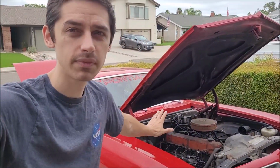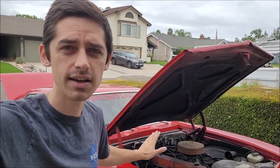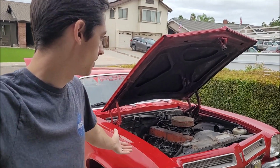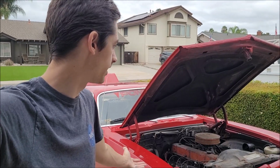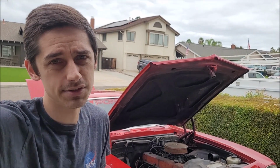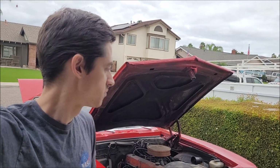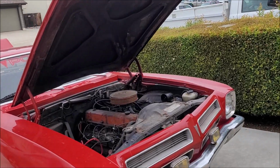This car, I want affordable. I want more bolt-in. I don't want to be messing with a whole lot of stuff. It's not going to be super fancy. I'm not going to be taking this to the racetrack regularly. Maybe later on, if it has a more powerful engine, it could be fun to take it to the strip or something, just to see what it'll do. But it's not a priority. I mainly want to be able to cruise this thing around,